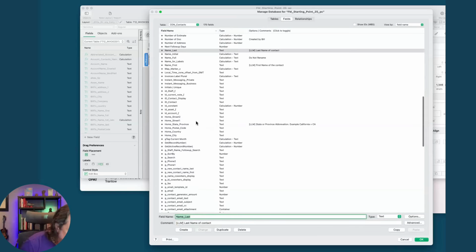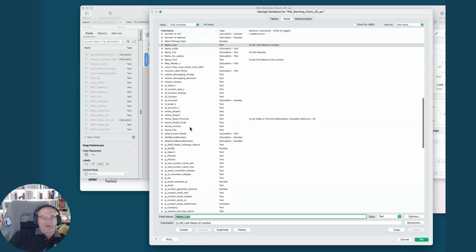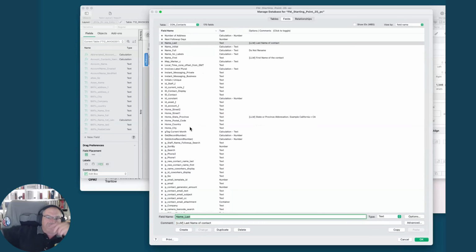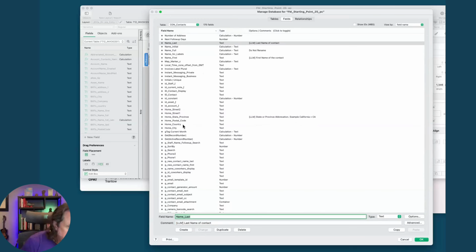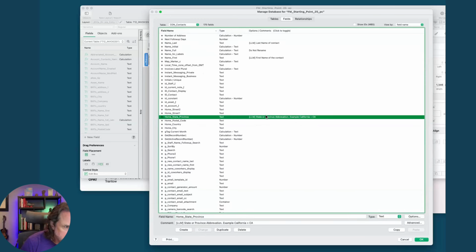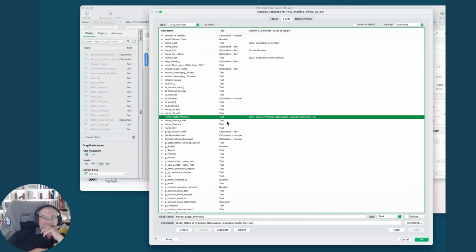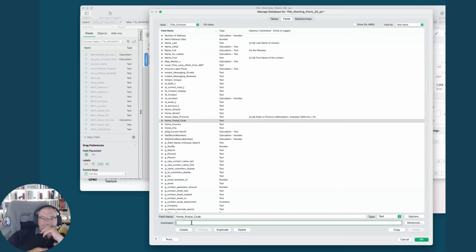Let's pick a couple more fields here. What's the address? Is it home or is it... Yeah, I think I did home. State is a nice one. It's easy to sort. Okay. We can do postal code. Postal code's a good example,